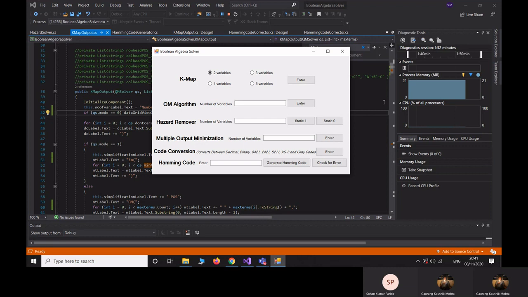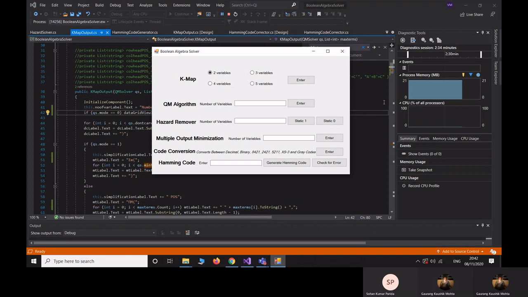In many digital circuits and practical problems, we need to find expressions with minimum variables. We can minimize Boolean expressions of 3, 4, and 5 variables very easily using K-map without any Boolean algebra theorems. K-map can take two forms, which are sum of products, or SOP, and product of sums, or POS, according to the need of the problem. K-map is a table-like representation, but it gives more information than a truth table. We fill the grid of the K-map with zeros and ones and solve it by making groups.